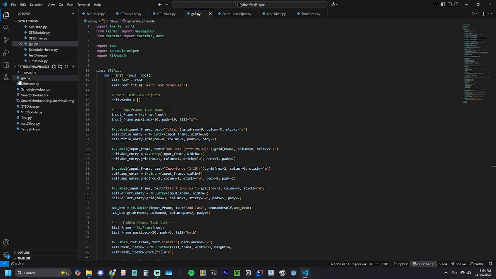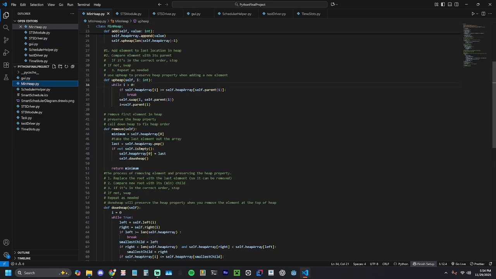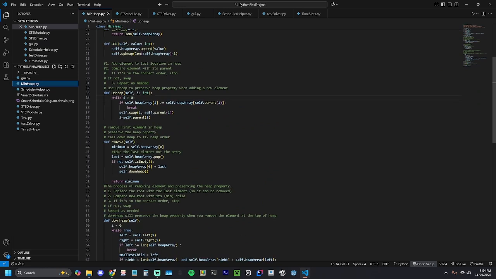Okay, so this is my final project for Python programming. It is a smart task scheduler. Basically, it uses a min-heap sorting algorithm to sort all your tasks into most important to least important based off of